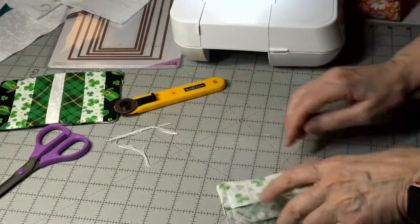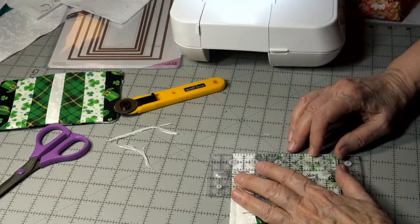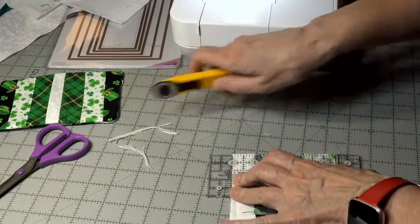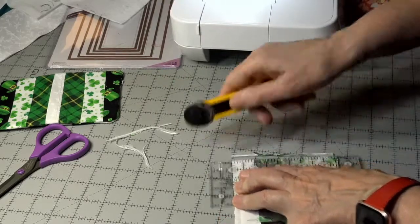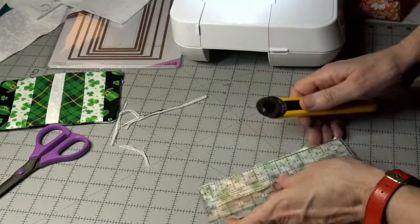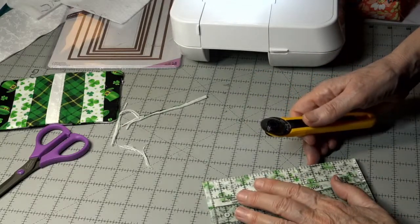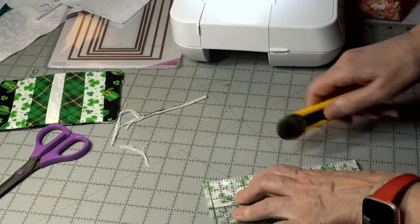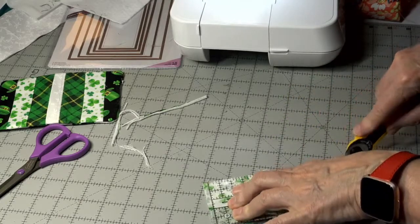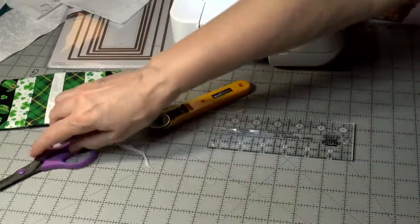Some of them are better than others, seams, I mean. I find sometimes if I trim down to 1/8, I don't care for it. It doesn't sit well. And then I'm going to take my corners